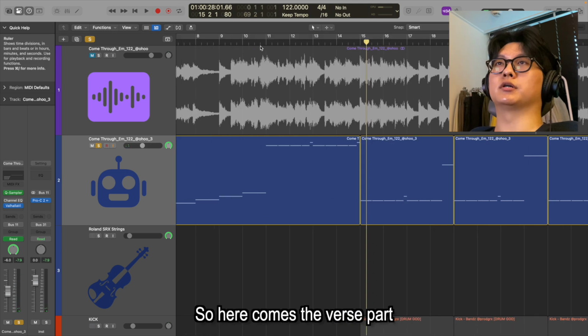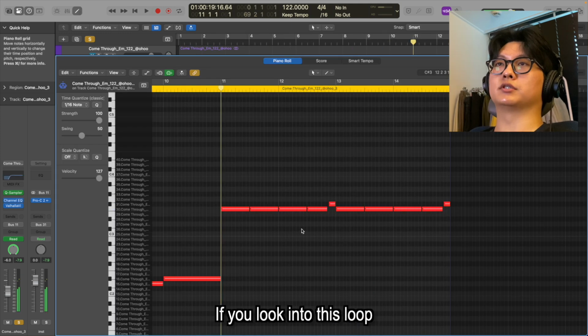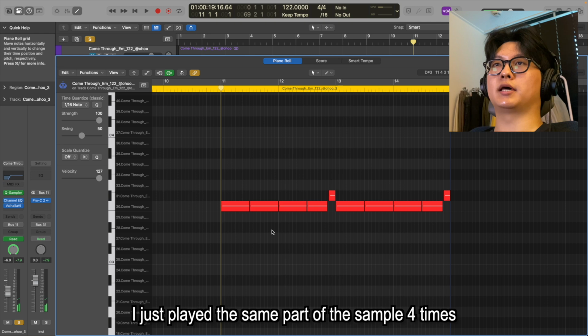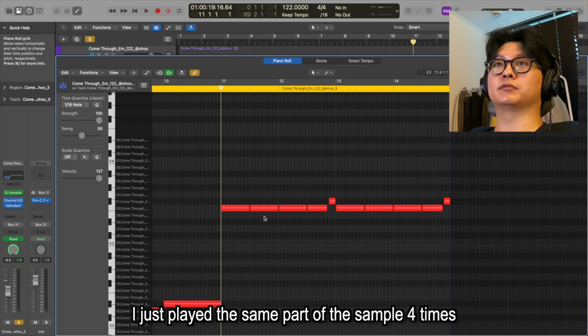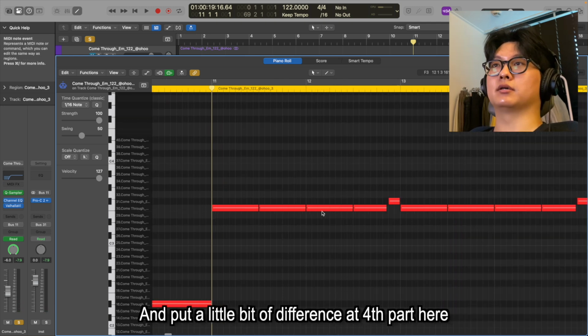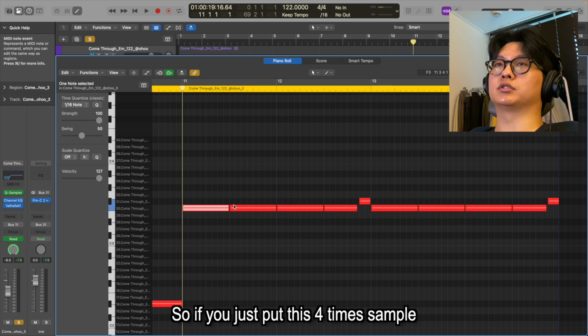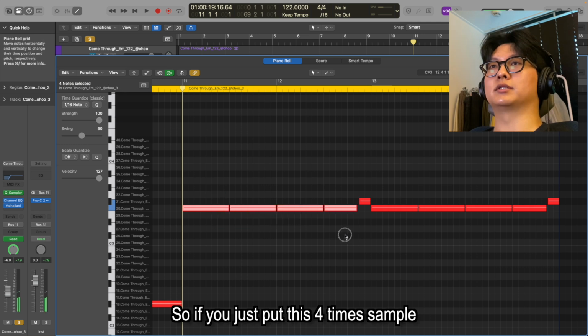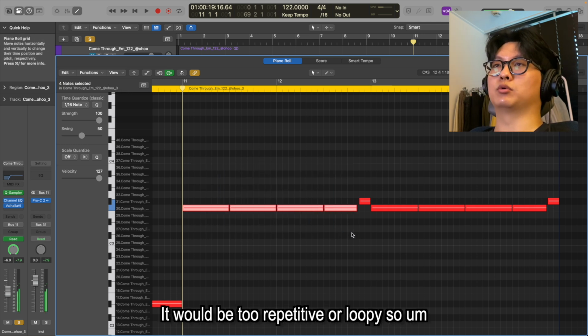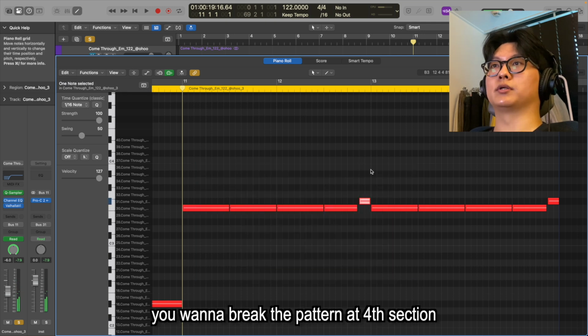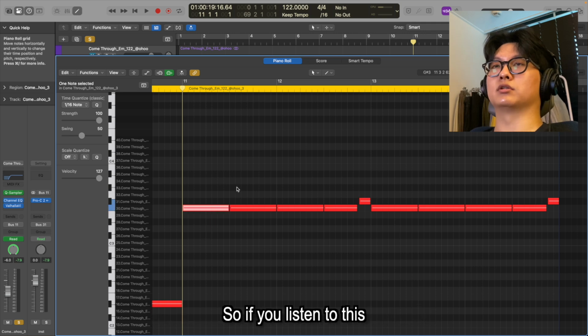So here comes the verse part. If you look into this loop, I just played the same part of the sample 4 times and put a little bit of difference at the 4th part here. If you just put this sample 4 times, it will be too repetitive or loopy. So you want to break the pattern in the fourth section. So if you listen to this,